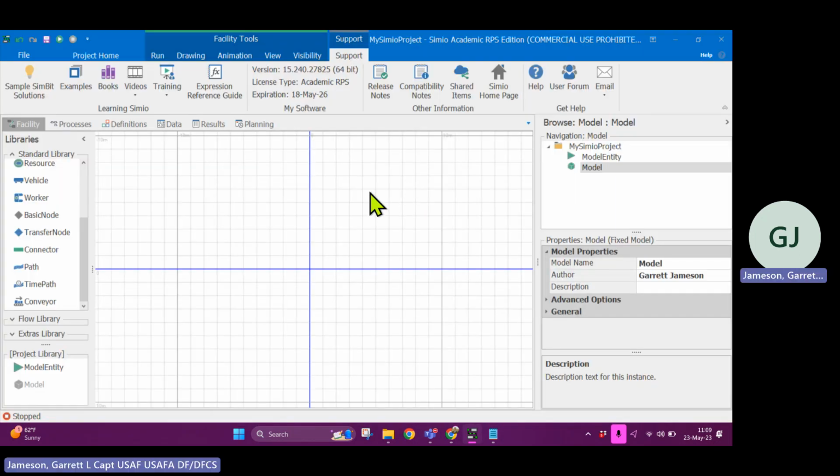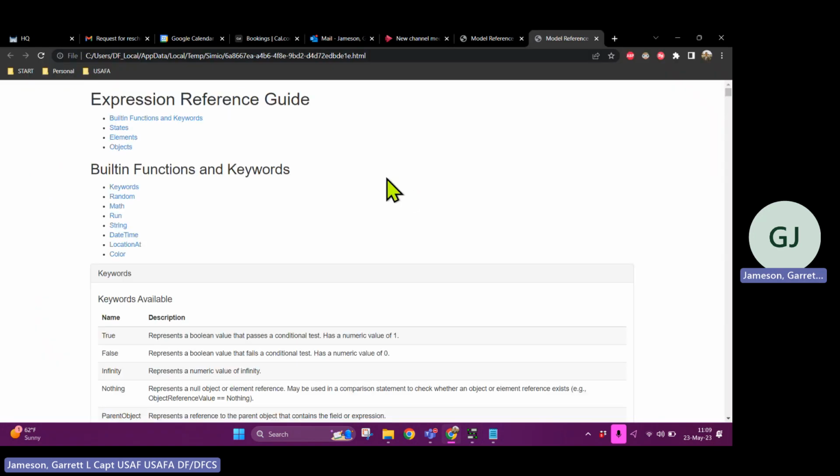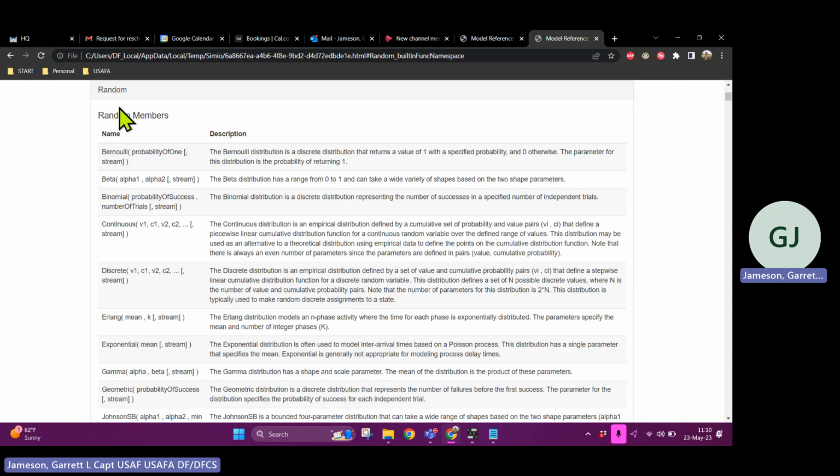The next thing that I'll draw your attention to is the expression reference guide. So I click expression reference guide, and I have a document that tells me all of the keywords and the different syntax that I can use within Simio expressions. An expression is essentially like a mathematical function. So for example, if I wanted to use a random distribution, the keyword random. So if I were to type random dot